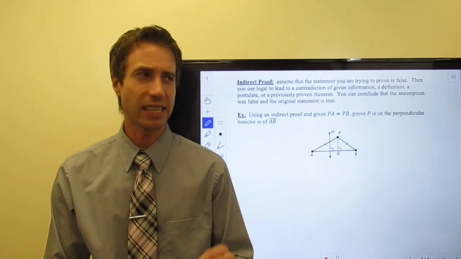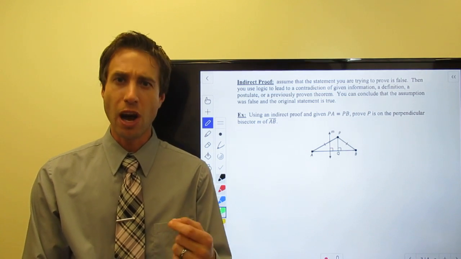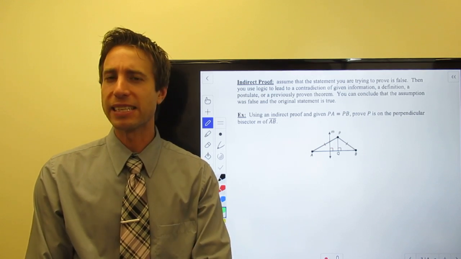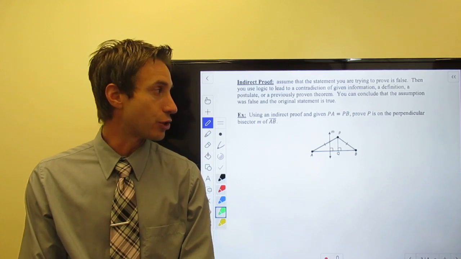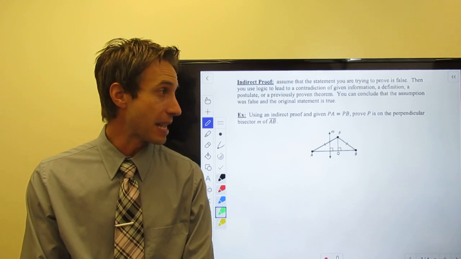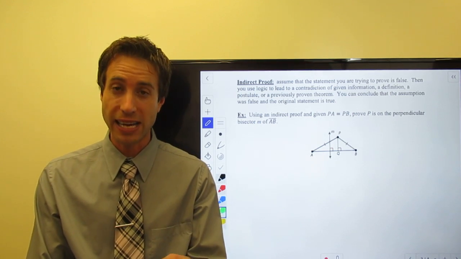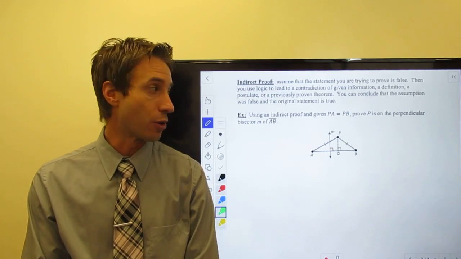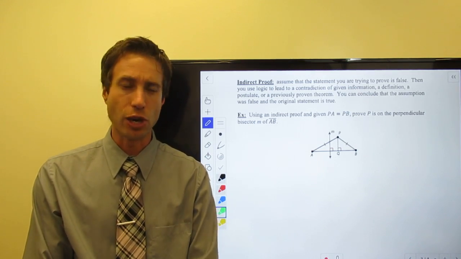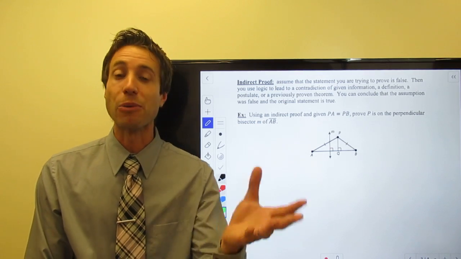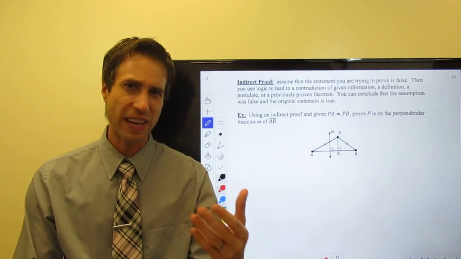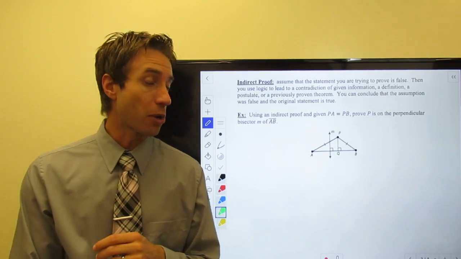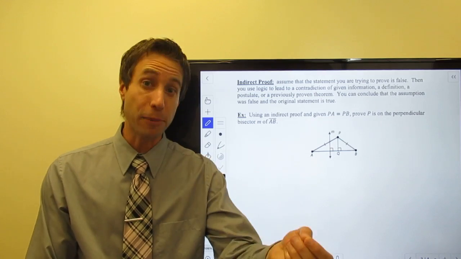So what we're going to do is, on the next couple of pages, we're going to do a few proofs. Again, keep in mind the distinction that your geometry teacher might make, and I'm definitely going to make: if it is an honors class, I would expect you to write these proofs from scratch on your own, as opposed to if it's just a geometry class, where I would give you the bones of the proof and you would just have to fill in the missing pieces. Actually, what we're going to do here in this problem is get introduced